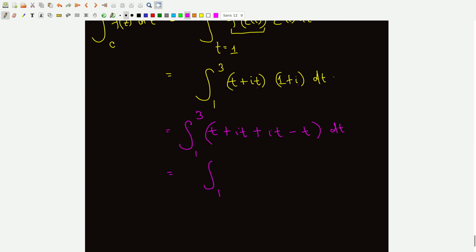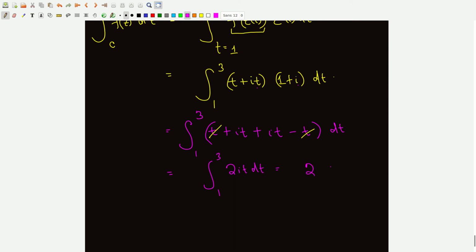So we are integrating from 1 to 3. A few terms cancel out, t and minus t cancel out, so we have 2it dt, which is simply